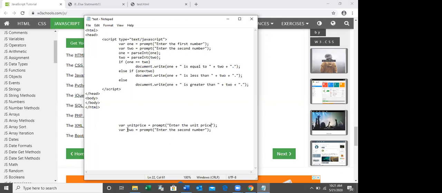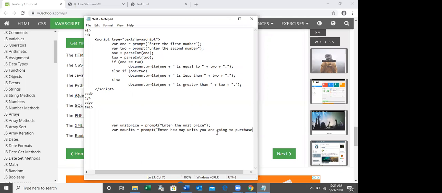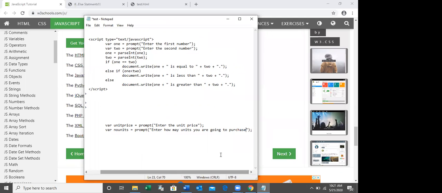Then var number of units. Prompt, enter how many units you are going to purchase. This is the second one.